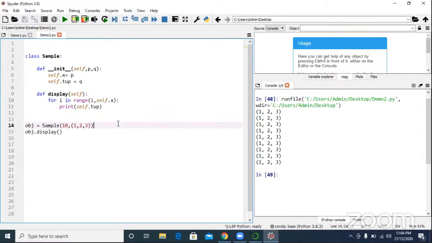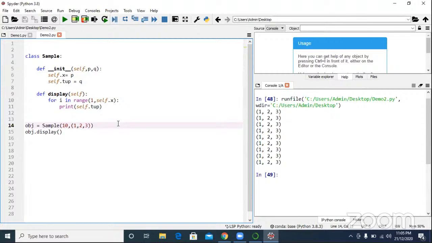For your information, there is no concept of constructor overloading in Python. In Java, if you have a class, you can write multiple constructors. Yes or no? Yes. But you cannot write multiple constructors in Python. In Java, do you know constructor overloading?